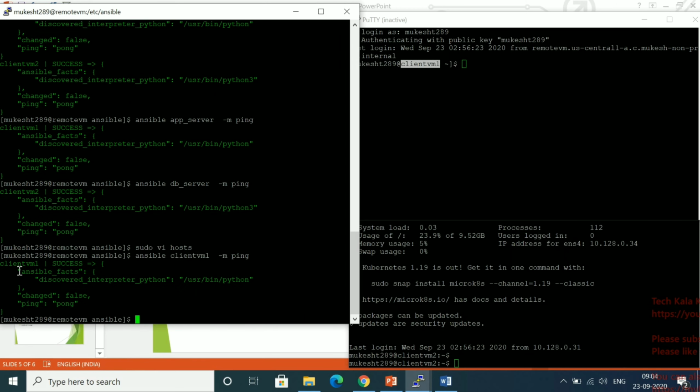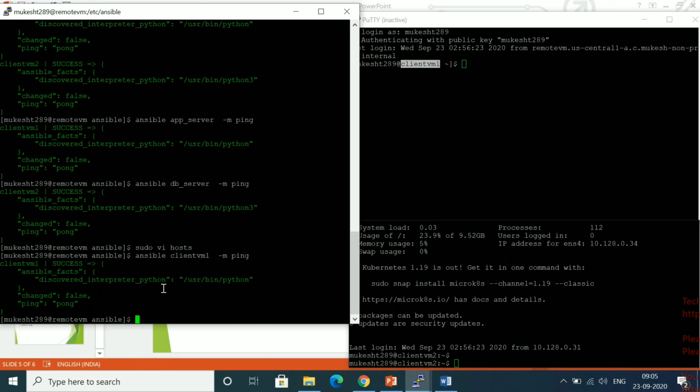You can see now. If you need to check an individual host, you have to give only that host name. This is the ad hoc command, a small task, a single task that we are going to perform, so no need to write a playbook.